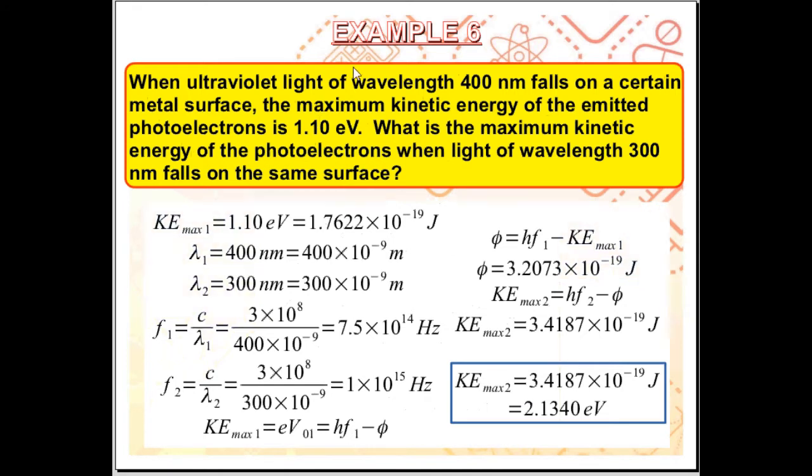Next, we have the following problem. Example 6. When ultraviolet light of wavelength 400 nanometers falls on a certain metal surface, the maximum kinetic energy of the emitted photoelectrons is 1.10 electron volts. What is the maximum kinetic energy of the photoelectrons when you have a different light of wavelength 300 nanometers falling on the same surface? So given the kinetic energy for the first case, for the first light,